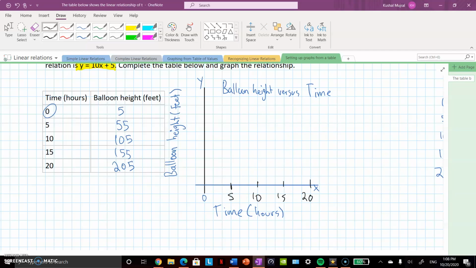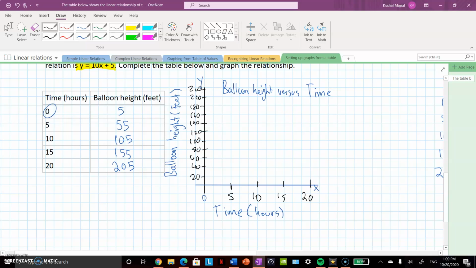Over on the y-axis, we want it to go up to 200. See how many boxes there are? 1, 2, 3, 4, 5, 6, 7, 8, 9, 10, 11. So we can just split it by 20. Each of these are 20. So this is 20, this is 40, this is 60, this is 80, 100, 120, 140, 160, 180, 200,